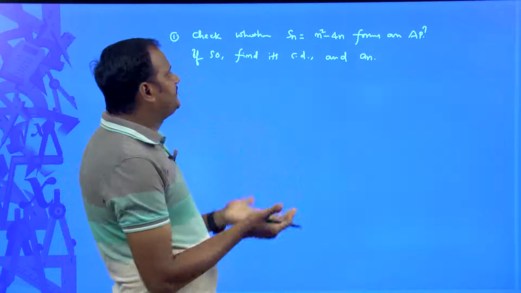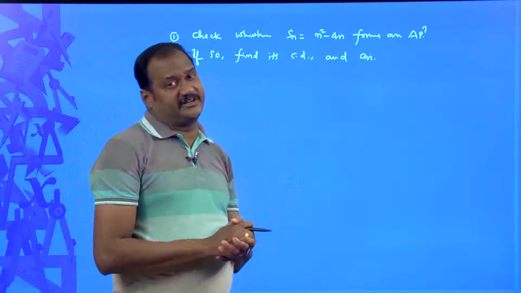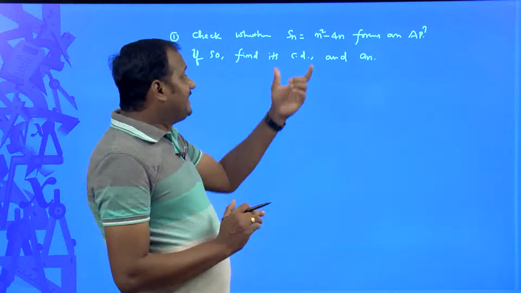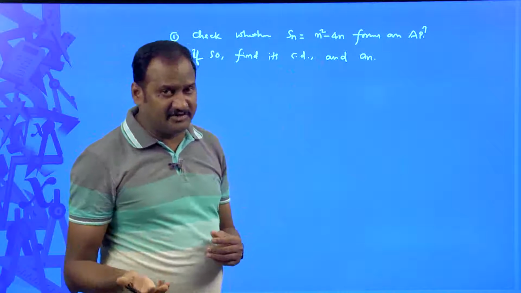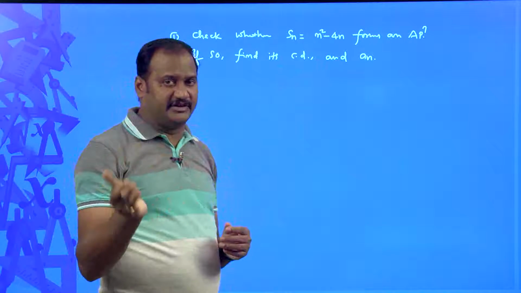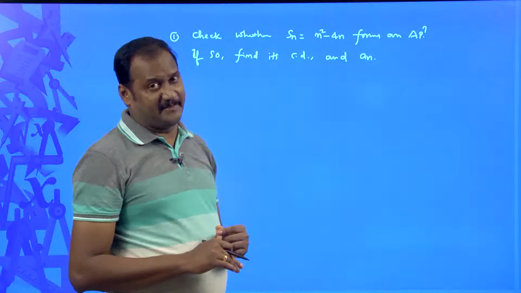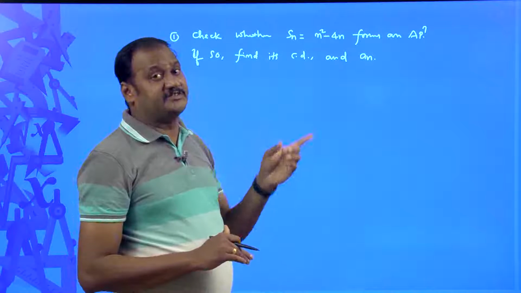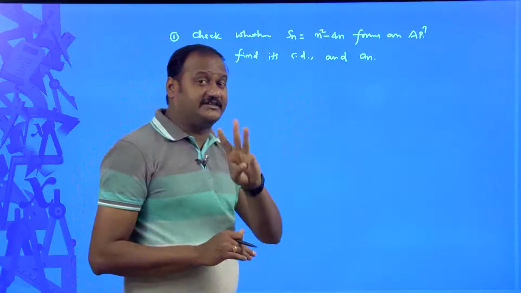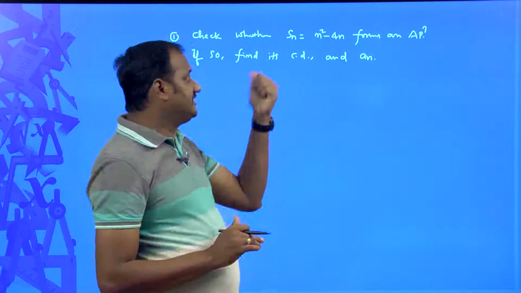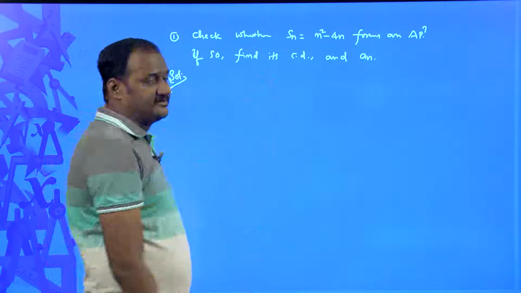So, to check whether it forms an arithmetic progression or not, you need to find what are the terms of this arithmetic progression. When an is given, then we can easily form the terms of the arithmetic progression by putting n is equal to 1, n is equal to 2, n is equal to 3 and so on. But here it is not an, it is Sn. So, first thing that you need to find out is 3 terms of this arithmetic progression by using Sn. How is that possible?